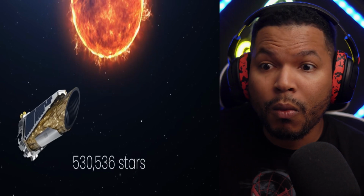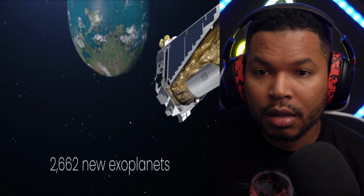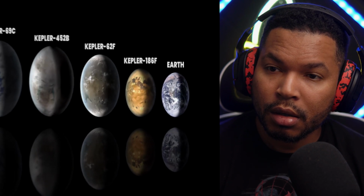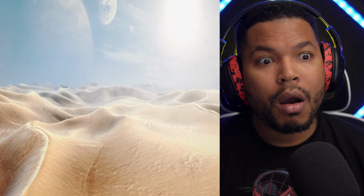In its 9 years in space, Kepler observed 530,536 stars and confirmed the existence of 2,662 new exoplanets. These exoplanets are unlike anything we've ever seen in our solar system before. Most of them are significantly bigger than Earth and orbiting so close to their stars that they complete one revolution every several days. And there are some very strange